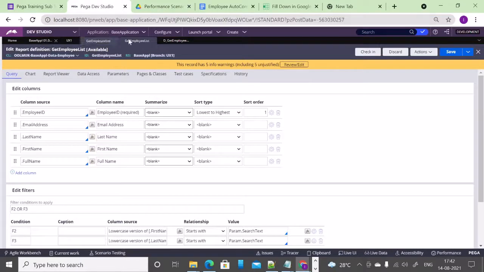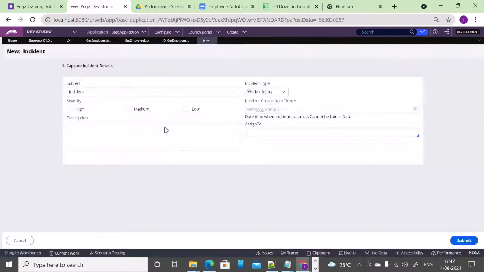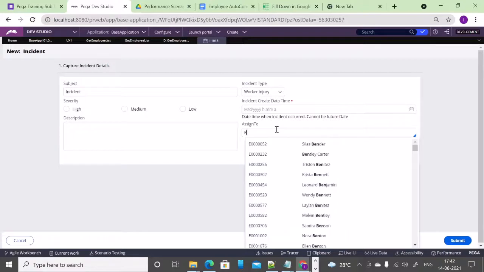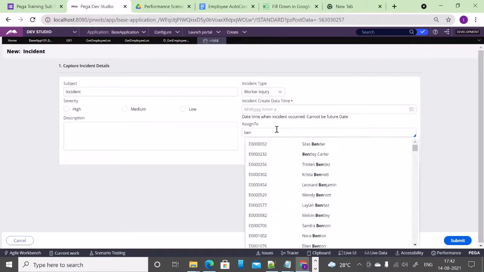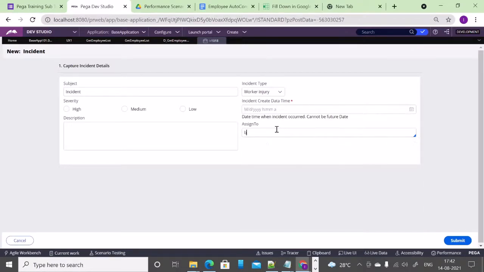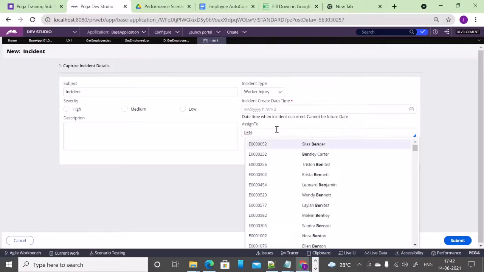So now when you try to use whatever case it is, it should work as expected. So Ben, capital or small, if I use it in lowercase, it should work. So it is doing a comparison by ignoring the case, and it is working as expected.